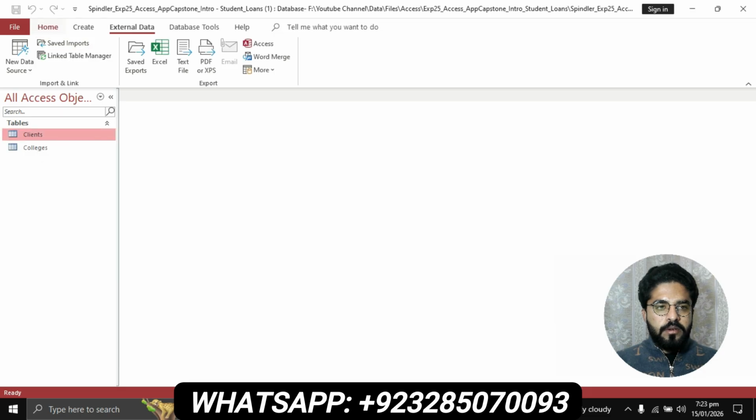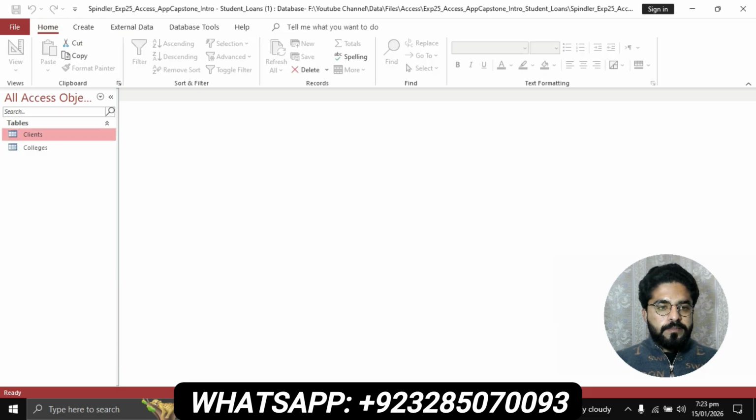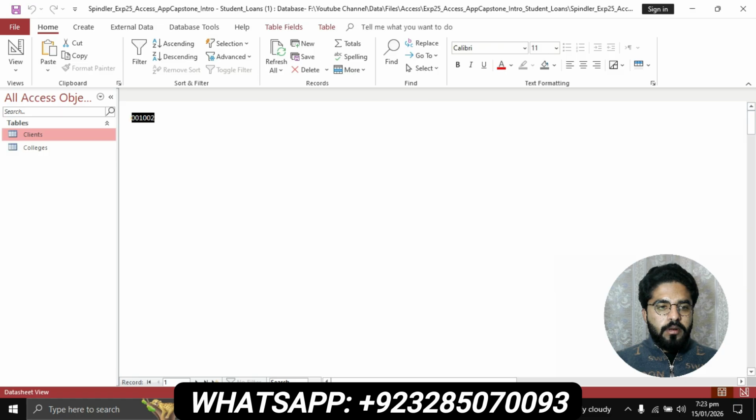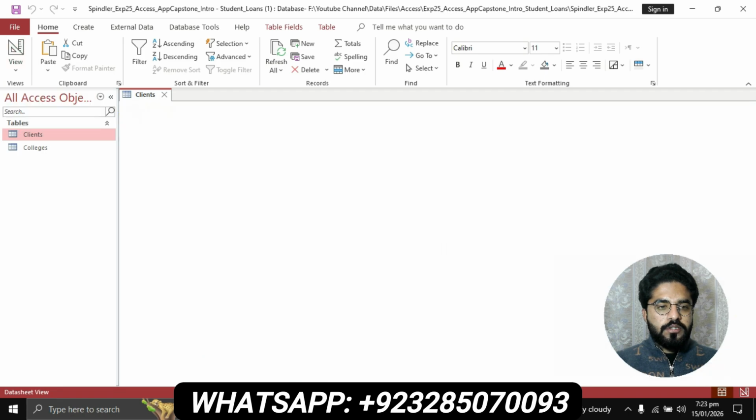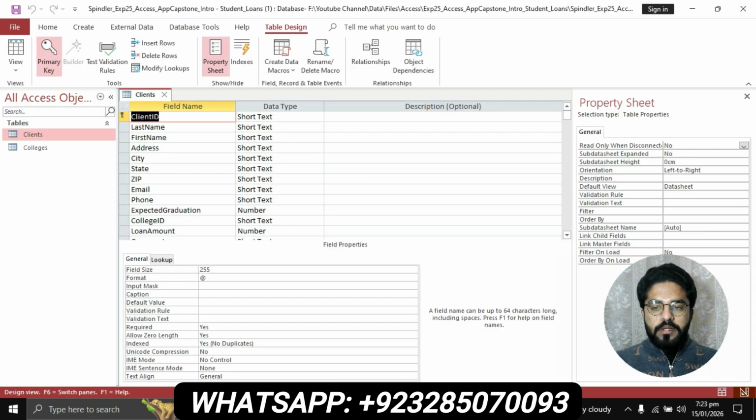Select this table, double click on this table, client, then you will go to the home tab. In the view tab, click on this and choose the design view. Open this window,